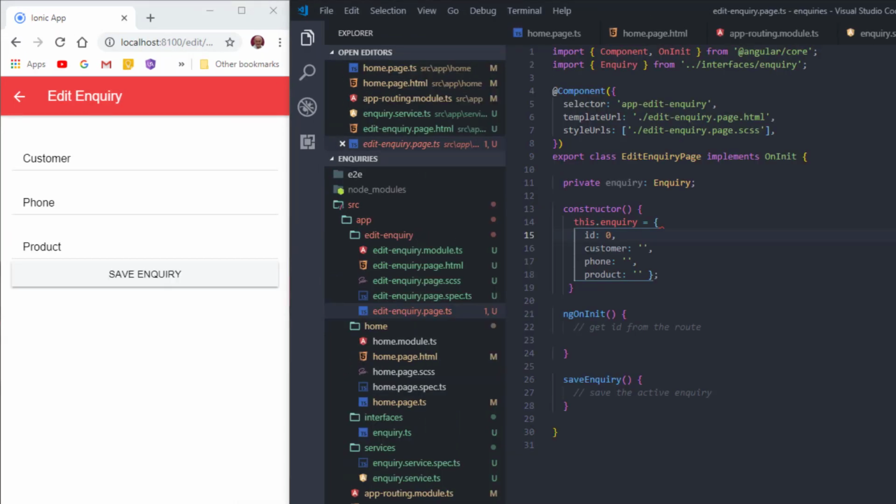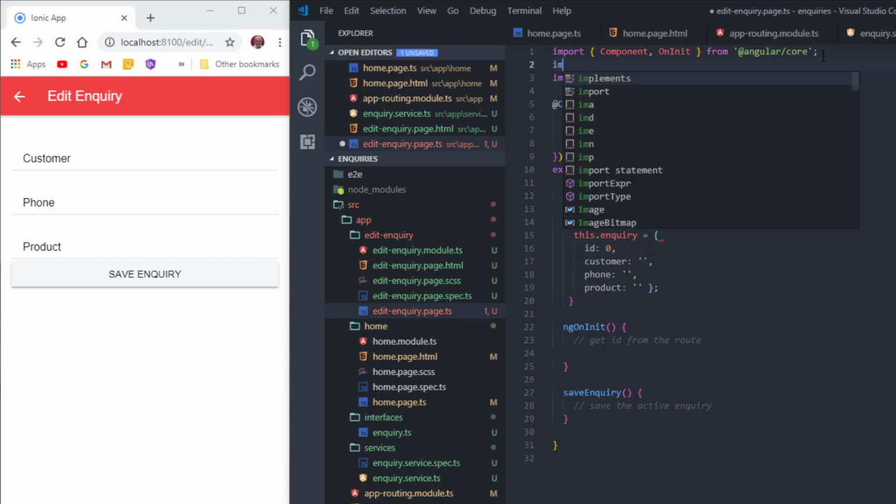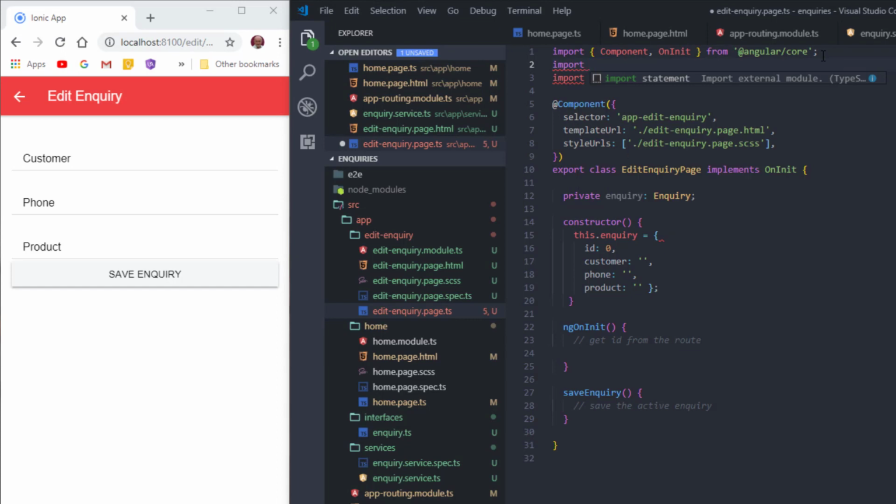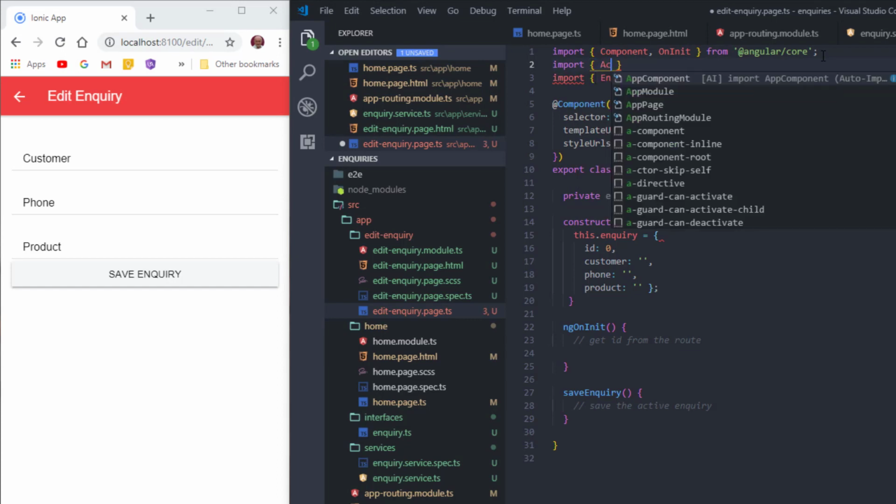In order to make sure that we get the ID, you'll see that we need to use the ngOnInit so that when this page is initiated, it will get any IDs that exist in the route that's being used. In order to get at this functionality, we need to import a feature of Angular, which is going to be very straightforward once you understand it. It's called activated route,